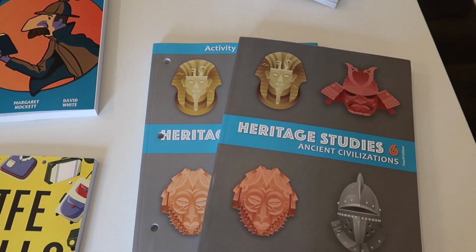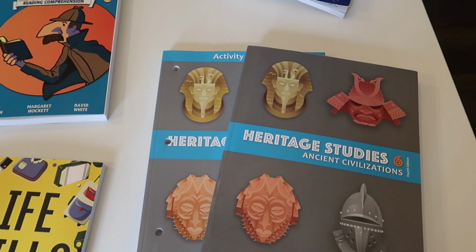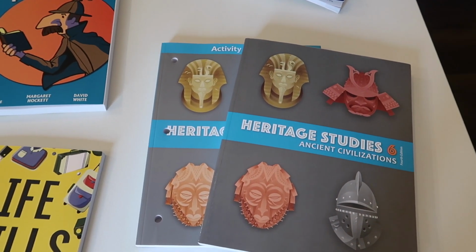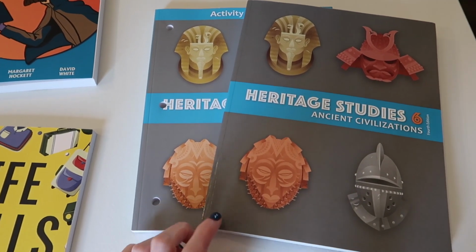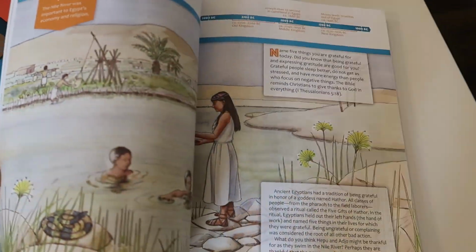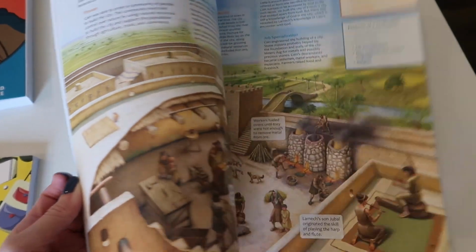We did it a long time ago with Story of the World, and I think when we did the Good and Beautiful's history, they had a little bit of world history in the level that we did. But that was a long time ago. So this is the first time in recent years that she's going to be doing world history, and I'm excited about that. I think she'll be really excited to switch gears and talk about something besides U.S. history, but we definitely will be coming back to U.S. history